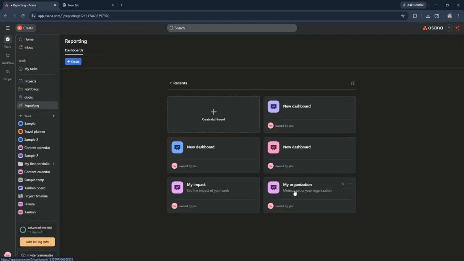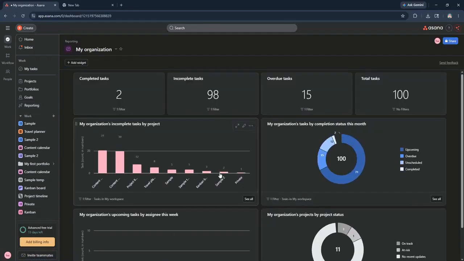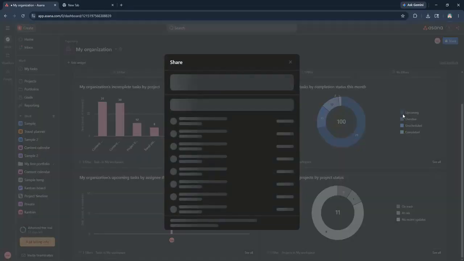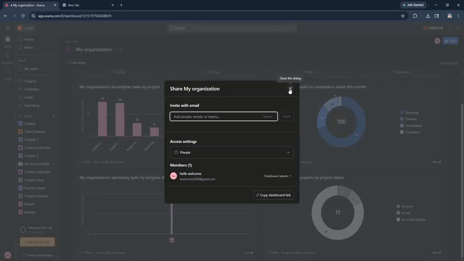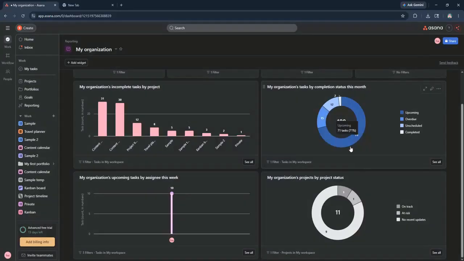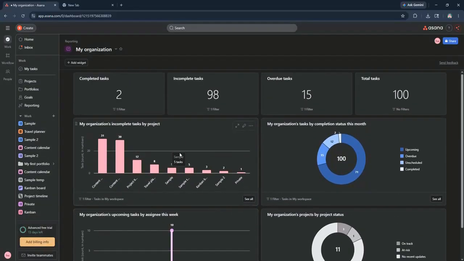the Create Report button. Here, you can start by selecting the criteria for your report. You can filter by project, team, or even specific tasks. Next, choose the time frame you're interested in, whether it's the past week, month, or a custom date range. After setting your criteria, you can add more filters like task status or assignee to narrow down your report to what's most relevant. Once you've set everything up, click Generate Report and Asana will create a detailed report based on